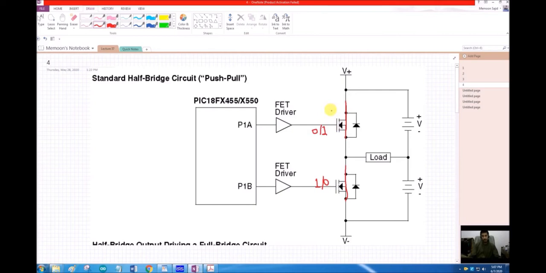So in case of half bridge mode, what our ECCP module will do is, it will automatically generate a PWM at this transistor, and it will automatically generate an inverted PWM on this transistor. So these 2 PWMs will be nothing else, just an inverted version of each other. Plus there will be an additional dead band between them.